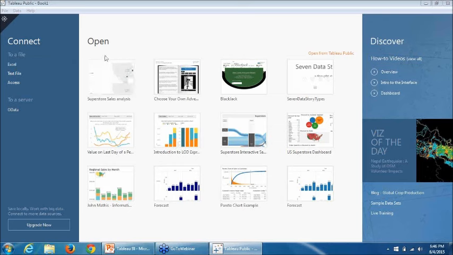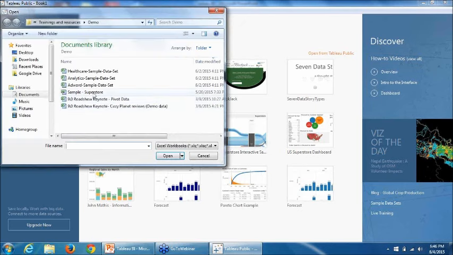So let me take you through a small demo. I'll choose an existing Excel sheet that I have, and I will import it. On the left pane, I have the option to use the data source. In this case, I will use an Excel sheet. Here is my data set.